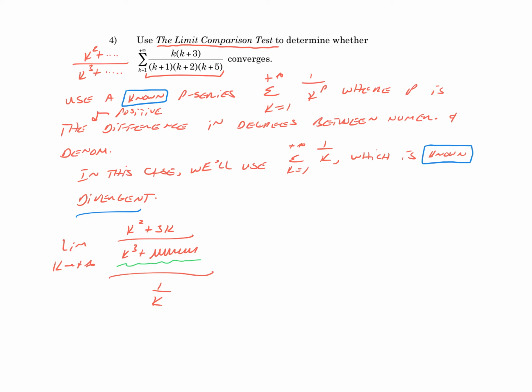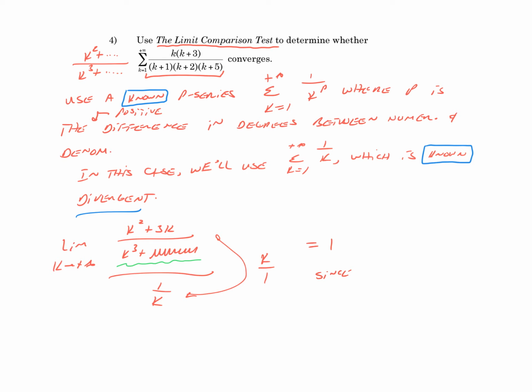Then when you multiply by the reciprocal of the denominator here, in this case, so we're multiplying by k over 1 to the numerator, you can see why you use the difference in degrees, so that you get a match. It would simplify out, which I'm not going to do, to k cubed over k cubed plus all the blah, blah, blah. That limit is 1, therefore,